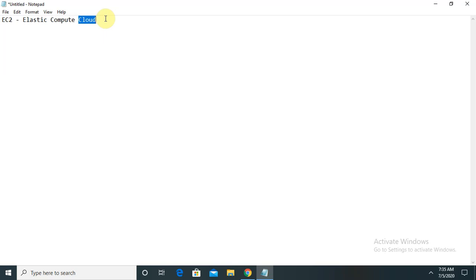It means at any point of time when we want to increase or decrease the number of instances, we can do that. In the main concept, when we are using any instance, we are paying for that only. That's the main concept of Elastic.